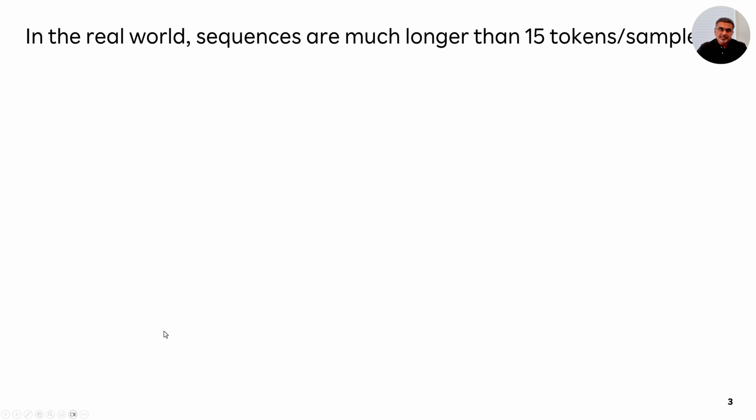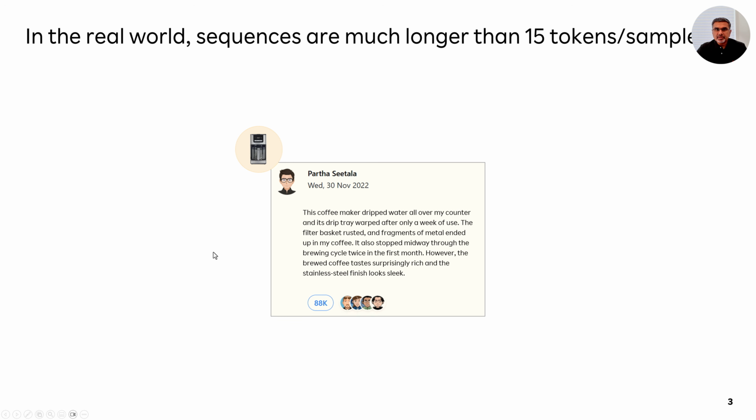Let's take an example. Let's say that I'm trying to build a neural network that can understand the sentiment of a user review. And the product I'm reviewing here is a coffee maker. Now, the review left by the reviewer is something like this. This coffee maker dripped water all over my counter, and its drip tray warped after only a week of use.